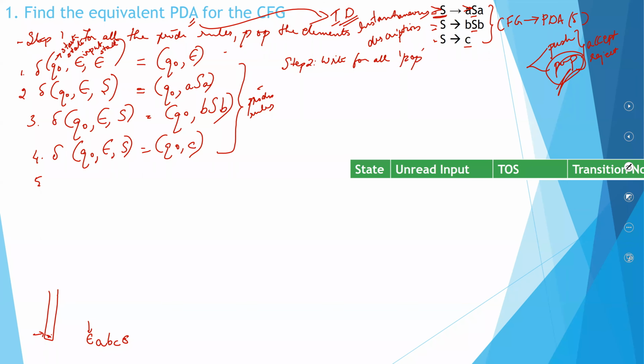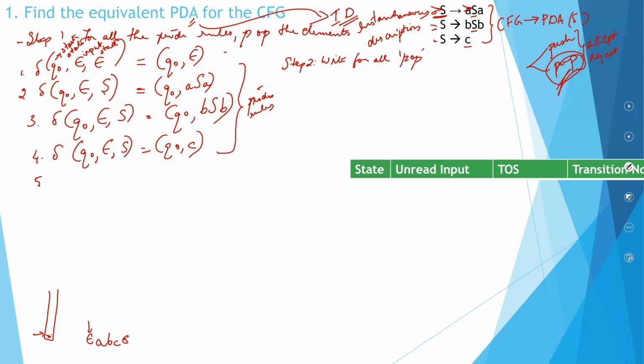Now, let's see whether what we've written is correct or not. You can always check the correctness by giving an input string. So we'll just have a small question. I'll go for a random string: A, B, B, C, B, B, A. Check whether the given string A, B, B, C, B, B, A is valid or not.